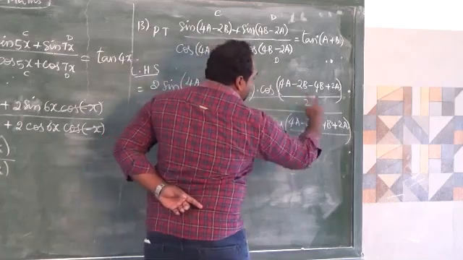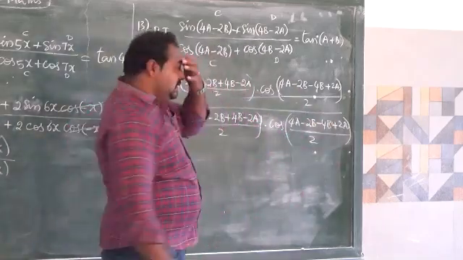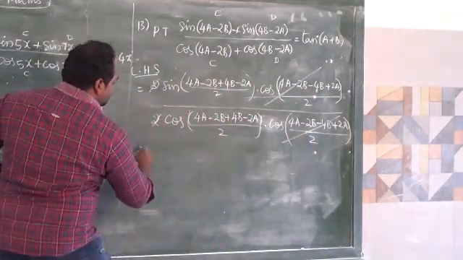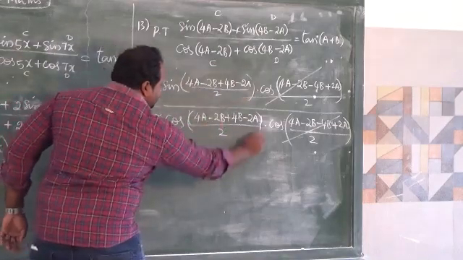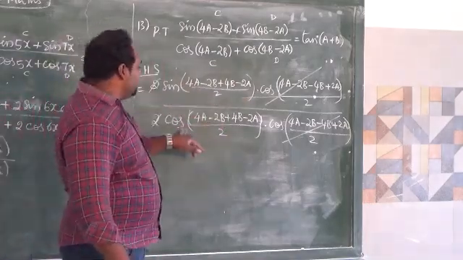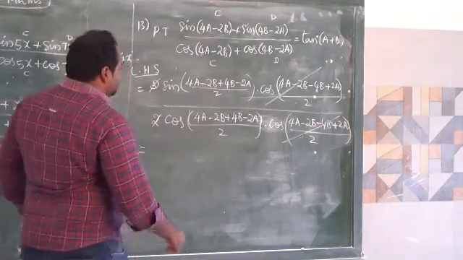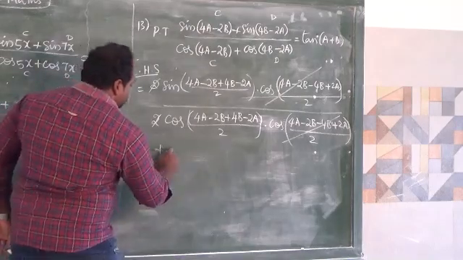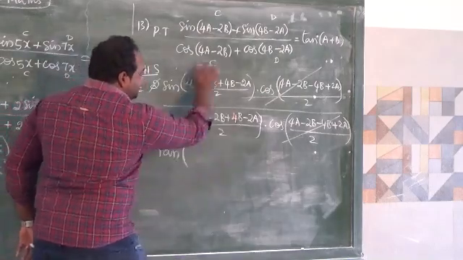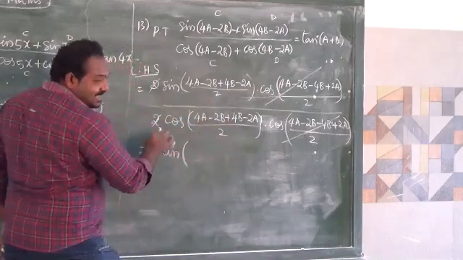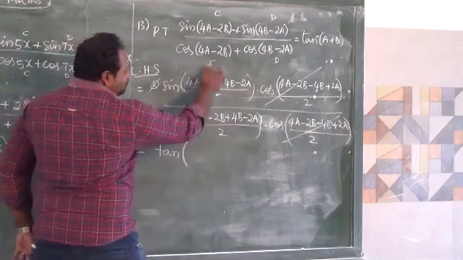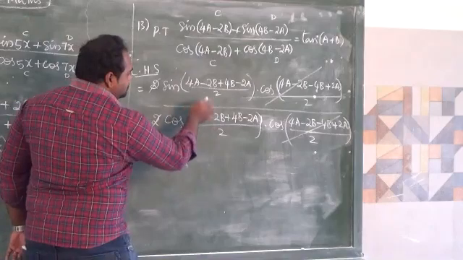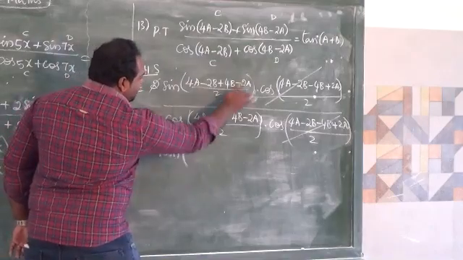Look at this bracket and this bracket, the angle values are the same. So we can have a cancellation here, this and this will be cancelled. Here 2 will be cancelled. See, this bracket and this bracket both are same. So it is like sin theta by cos theta. Sin theta by cos theta can be written as tan theta. So tan theta, here theta is this bracket. Both are the same, that's why I am taking tan. We consider any one of these values as theta.